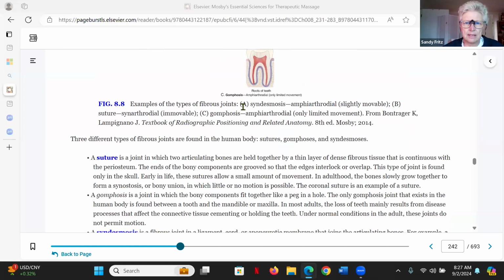And A is a syndesmosis, amphiarthrodial, slightly movable. B is a synarthrodal, immovable, the sutures, once they come together in the adult. And then an amphiarthroidal is a tooth, a peg that goes down into a cavity. So